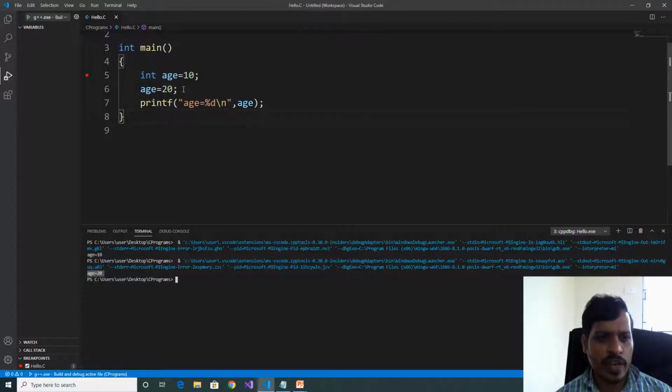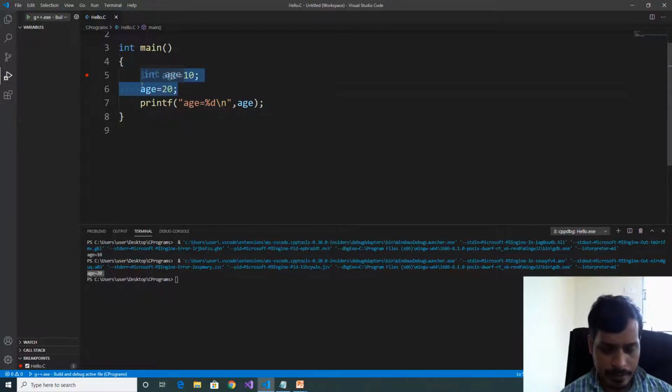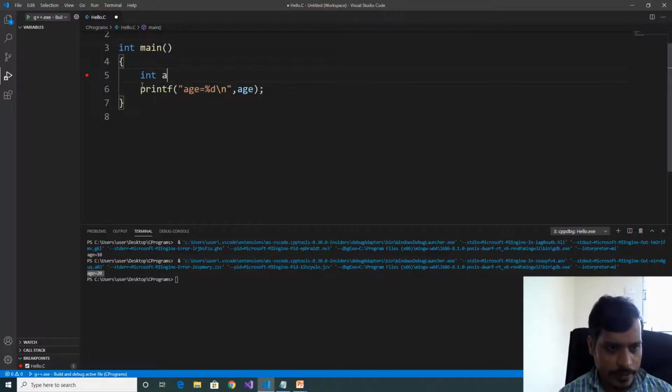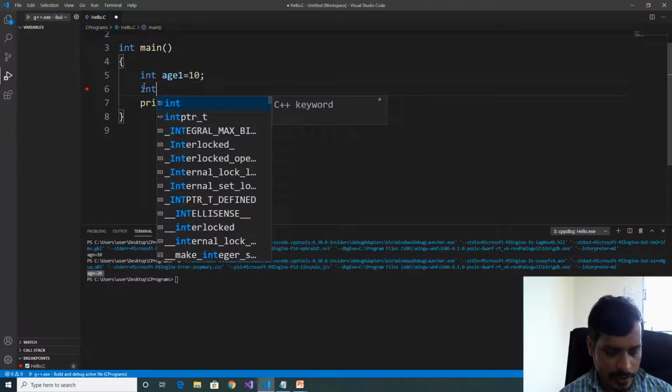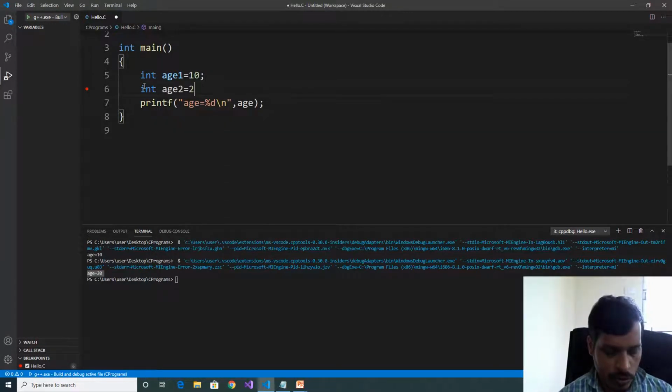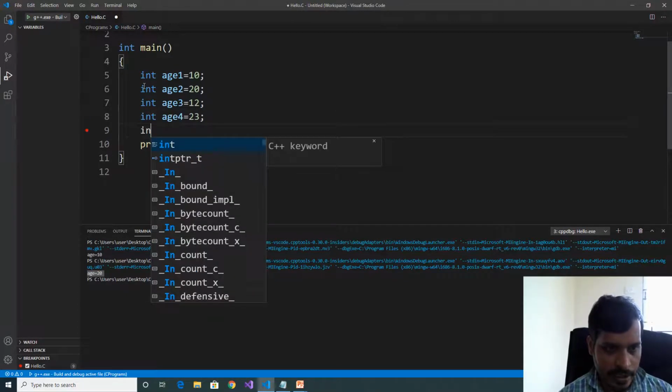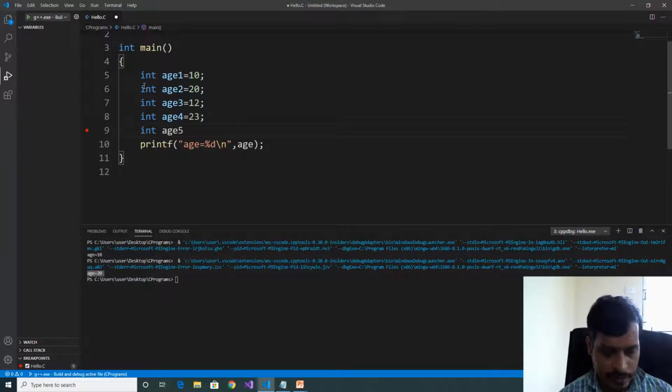For example, if I need to store 5 students' ages, then I need to declare 5 variables like int age1 equal to 10, int age2 equal to 20, int age3 equal to 12, int age4 equal to 23, int age5 equal to 14.